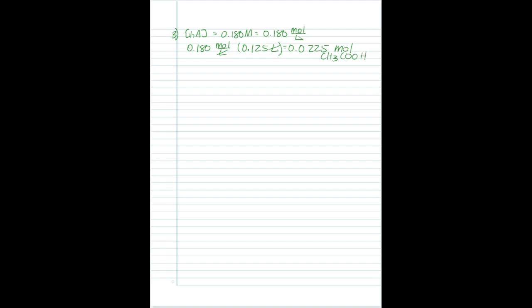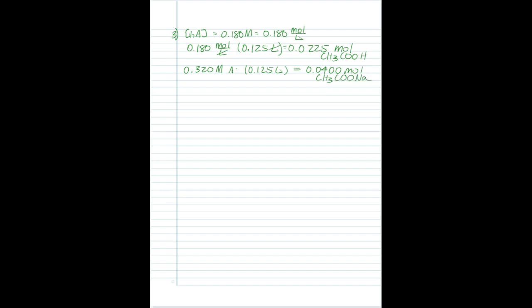Okay? Do the same thing for the A minus. We get 0.320 molar A minus. And then we're going to also multiply that because they're in the same solution together. The total volume is again 0.125 liters. Okay. And so that gives us 0.0400 moles of our sodium acetate,